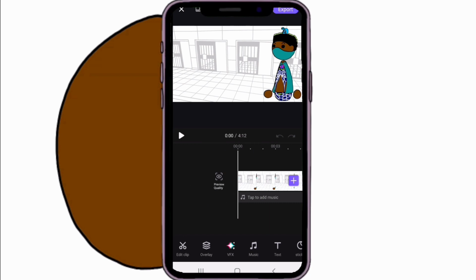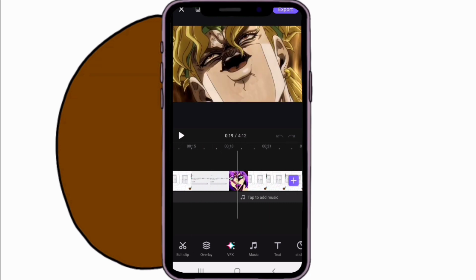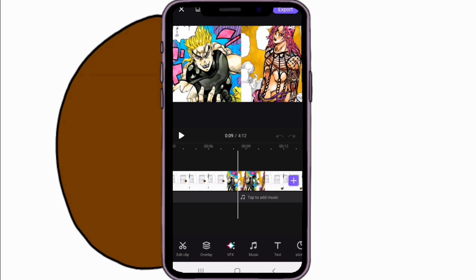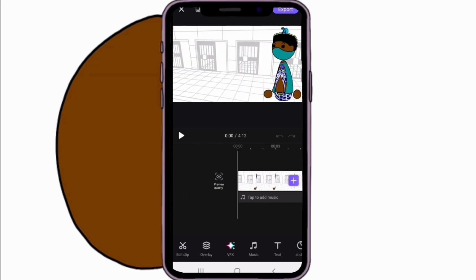You can do really whatever you want with enough intuition with these softwares, even though they are apps and not really true softwares. If you have enough intuition, you can basically do whatever you want with these apps. You can figure something out. So I basically do all of this for free. Some of it is paid for, but mostly the stuff that's paid for is the advanced stuff. So that is how I make my videos.